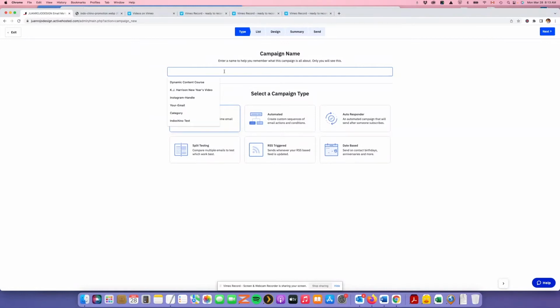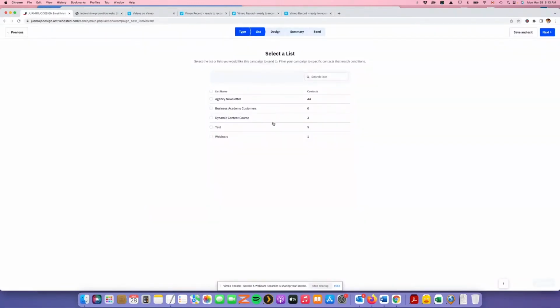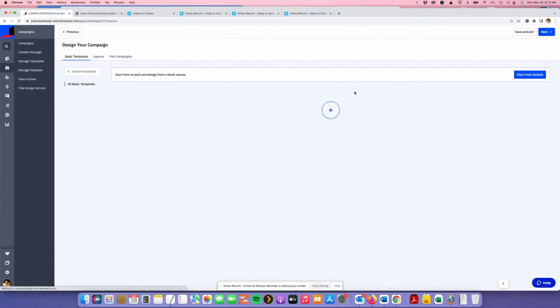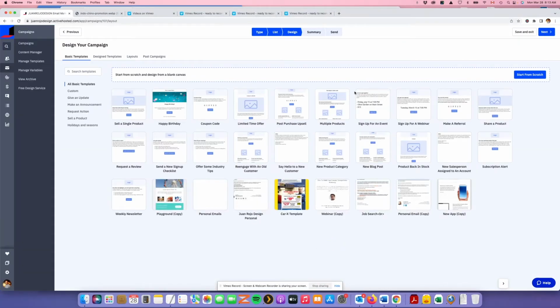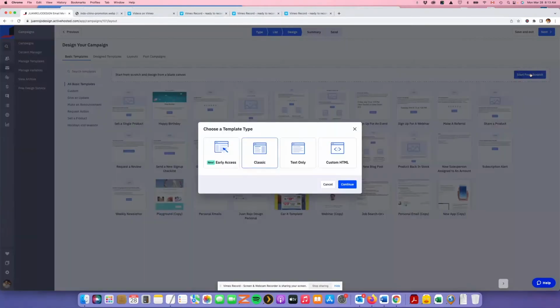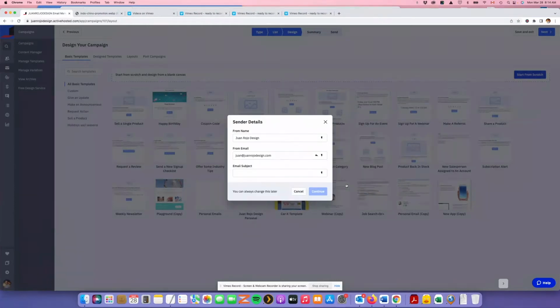And I'm going to call this Indochino test number 2, select standard, click next. Then I'm going to select my test list, click next. And here is where the selection takes place. I'm going to start from scratch, and because I have early access, I have this option now available. But I could still do classic, text only, or create your own custom HTML email. So I'm going to select early access, continue,